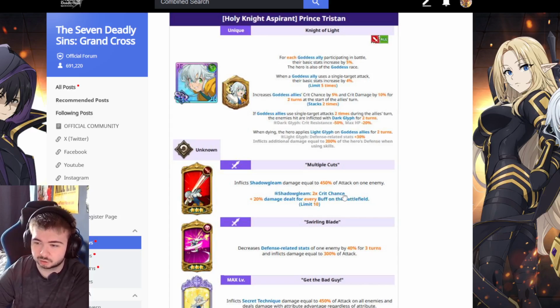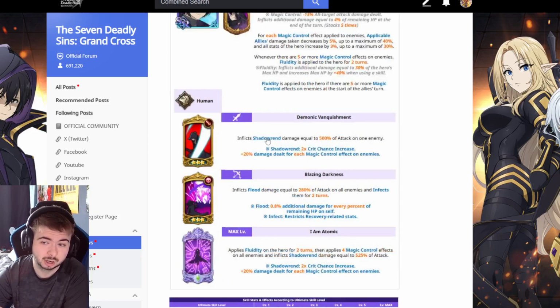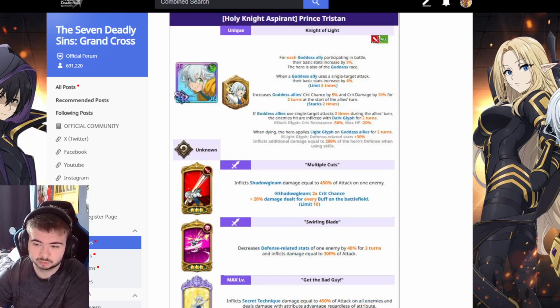Shadow Gleam damage equal to 450% of attack on one enemy. It's 2 times crit chance and 20% damage dealt for every debuff on the battlefield. Does that effect look familiar? You know, maybe from a certain character from the Eminence and Shadow collaboration? Maybe it's from Shadow himself. Shadow Ren damage. They've not even...